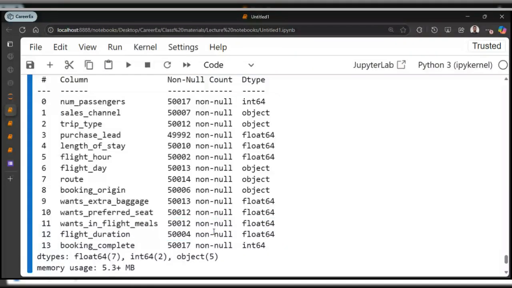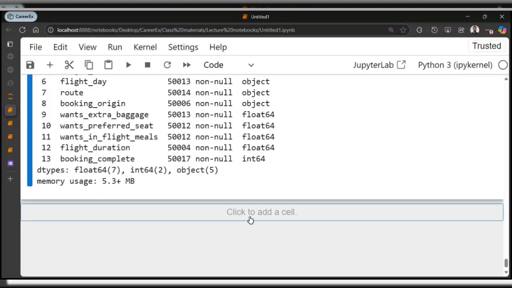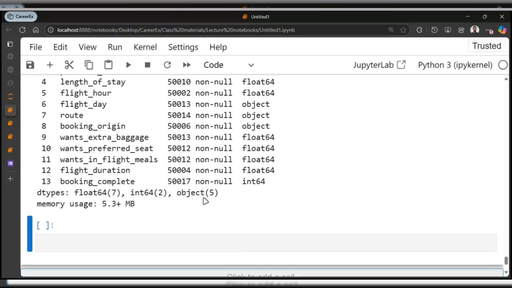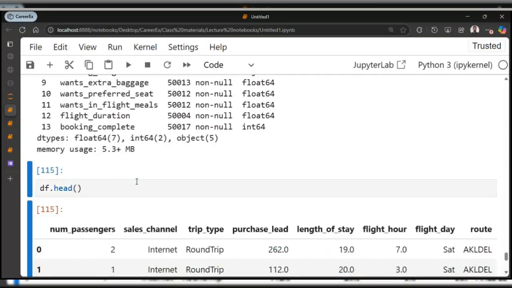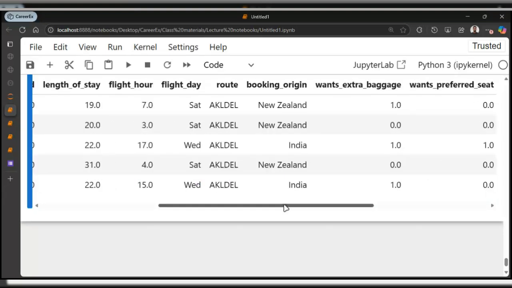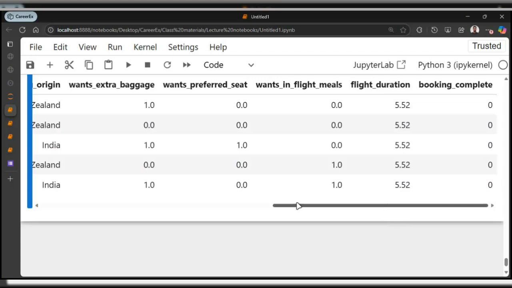All right, so you can see we have all of this here, right? I can just quickly explore them. We can now look at each of them and just say df.head and look at our data set. Okay, this is what our data set comprises. Our booking is actually binary, zeros and ones. So booking complete, 0 means it was not completed, 1 means it was completed. We have all of this in our data set.